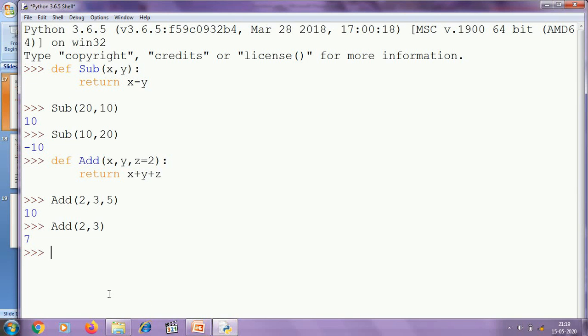For example, here I have defined this function add. Now during the function call I can directly initialize the parameters irrespective of their position. For example, z equal to 10, y equal to 20 and x equal to 30.